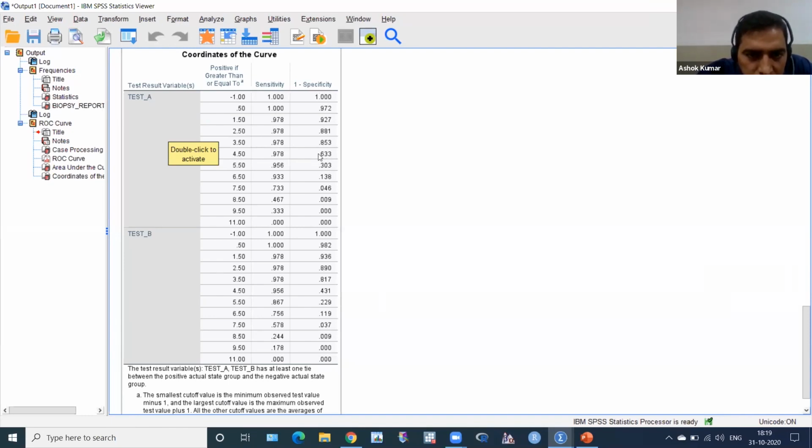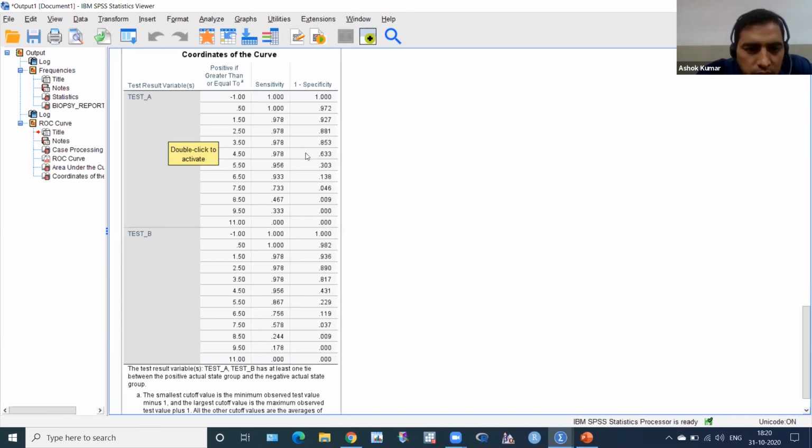So what is specificity? We have to subtract this value from 1. So we'll get specificity. This is 1 minus 0.633, around 0.4.